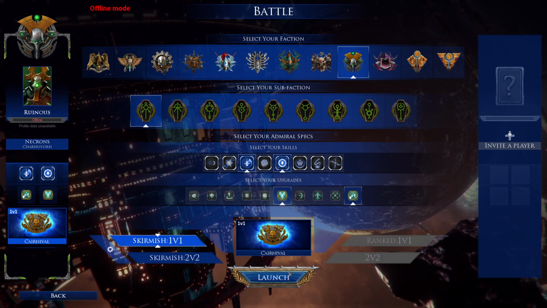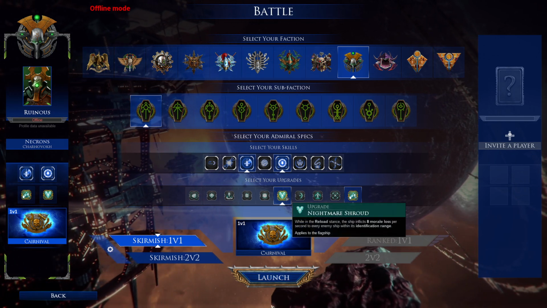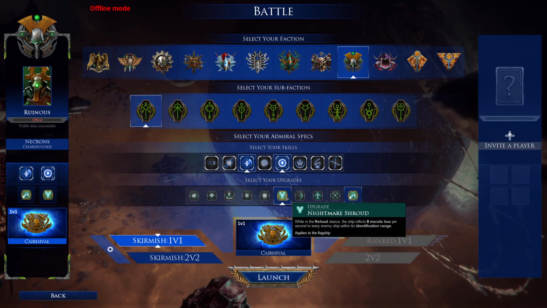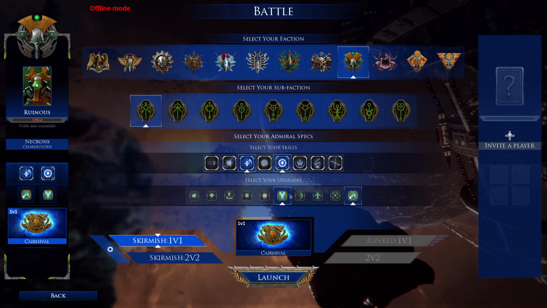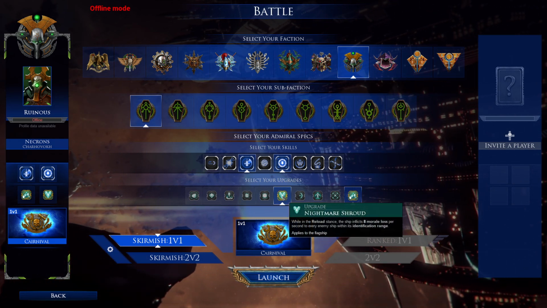Anyway, yes, rewrite launch. We will be taking the Arc Propagator, as I've already spoken about earlier, and the Nightmare Shroud, because once again, big investment, big ship, gotta make use of that Nightmare Shroud. Again, I do want to mention that the Nightmare Shroud is optional. It's just that you will be in reload stance the entire time. You're never going to switch to Lightning Arc